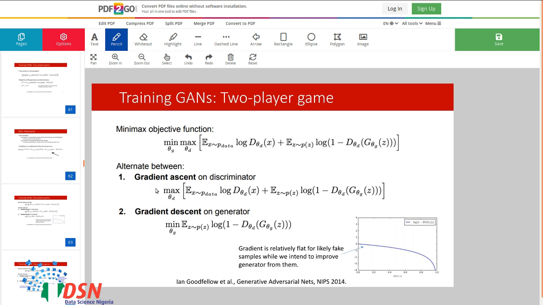So in the first step, we use gradient ascent on the discriminator to try to maximize this, one step. In the next step, we try to minimize this, or use gradient descent on the generator. So we have a two-step training.